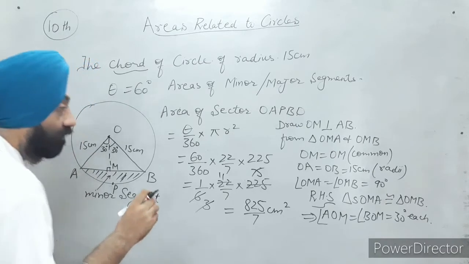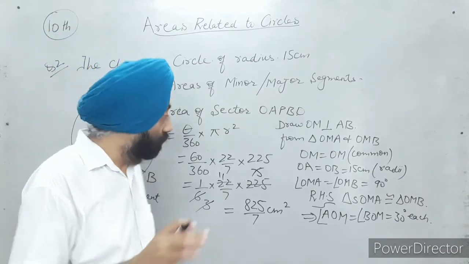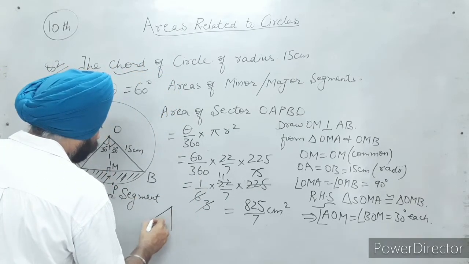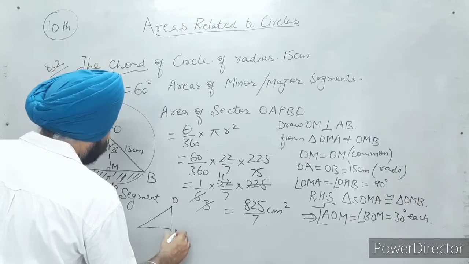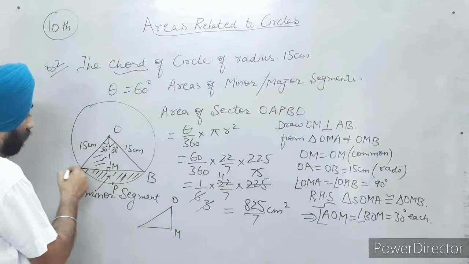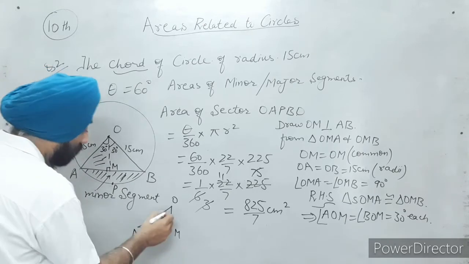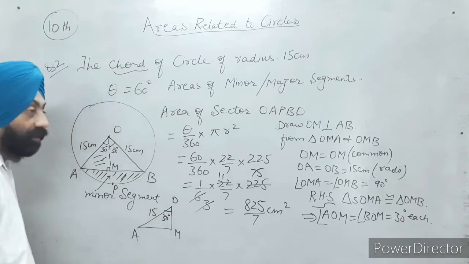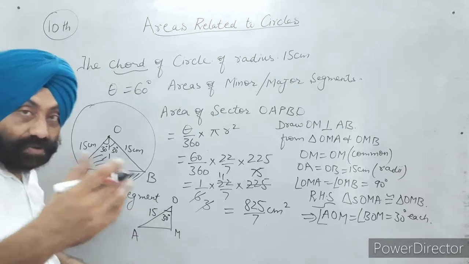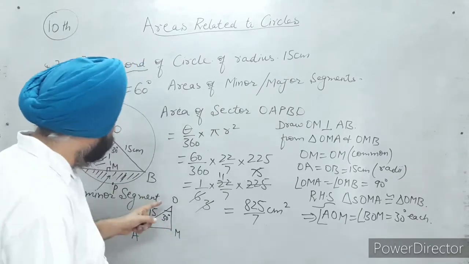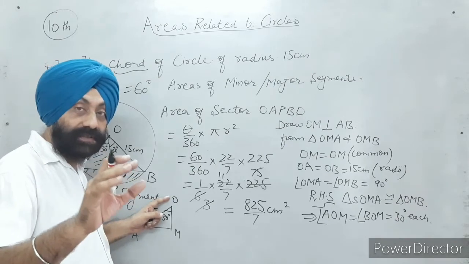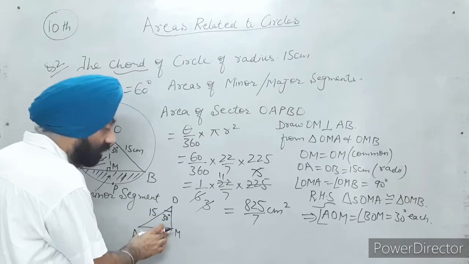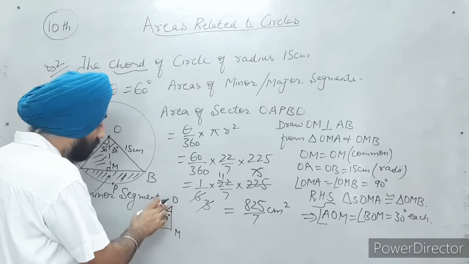Now for this I will use trigonometric ratios. Now let me draw this. I will draw this triangle. This is OM. I am representing this triangle OMA. This angle is 30 degrees. This is given to me as 15. As you must have gone through the trigonometric portion of this chapter, the angle is 30. Opposite to the angle, it's always the perpendicular. This becomes the base. This is the hypotenuse.